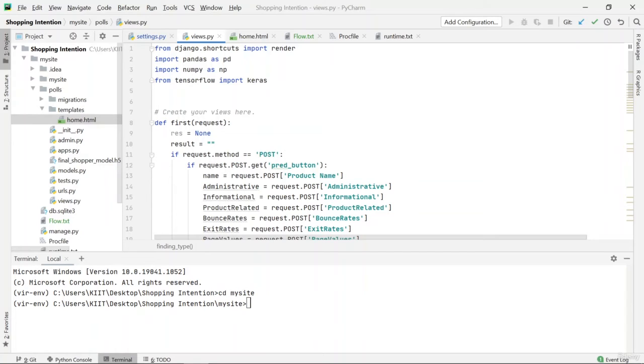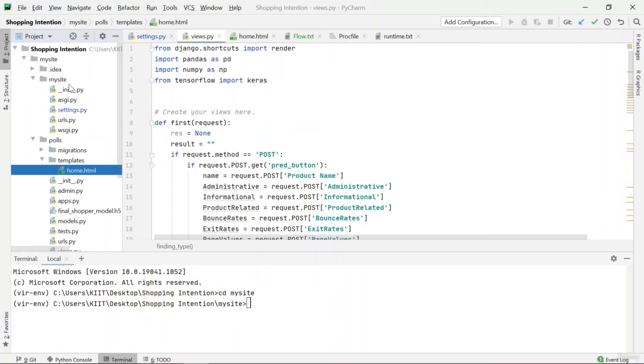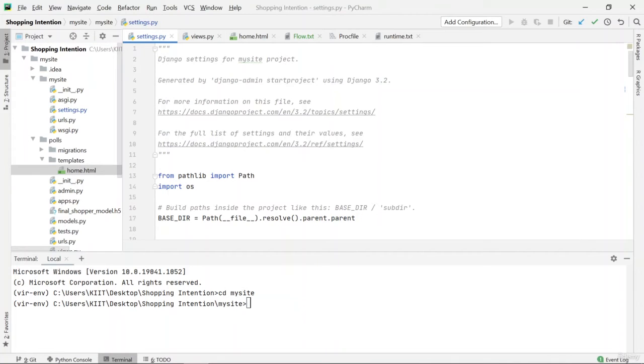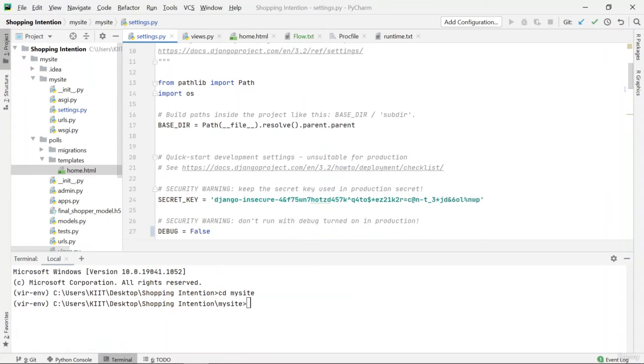And Django itself not only sets things up, but also keeps a check that there is no vulnerability in the code itself. And for that, let me show you this settings.py file. Now this settings file is actually present in my site directory, actually my site directory inside my site directory. Okay, so settings, you can see that there's this here. You can look through the docs that are provided by Django.